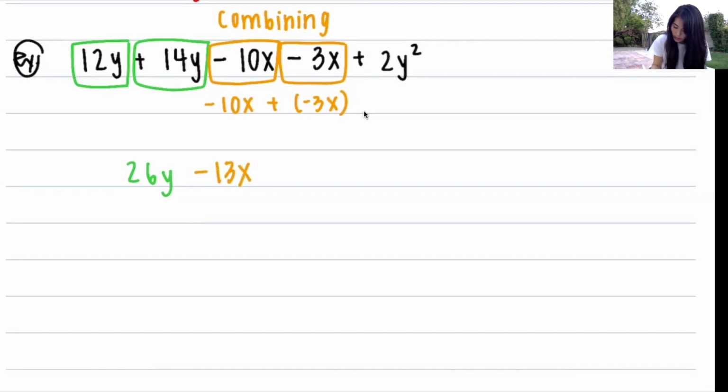All right, and then the last term we have here, it looks to be just this y squared. Notice there's nothing else to combine it with, so we're going to keep it as is. So it is a positive, so plus 2y squared. All right, and that is our answer. Now, hopefully you thought, though, I need to put this in descending order. And so I'm going to quickly remind you, though, with descending order,